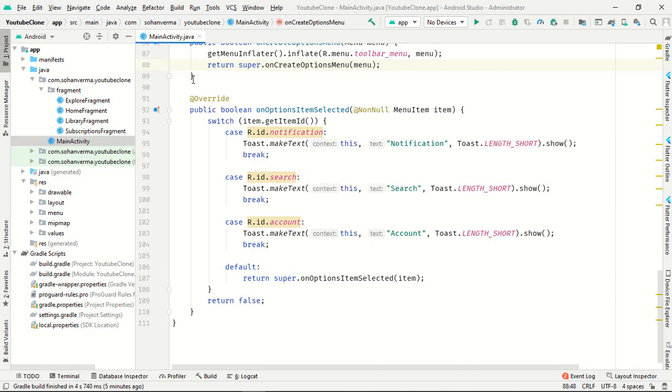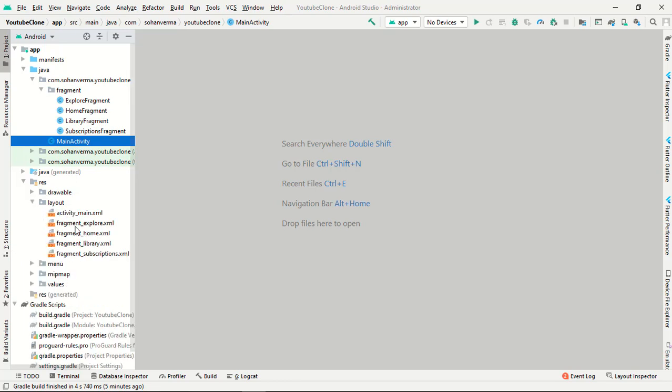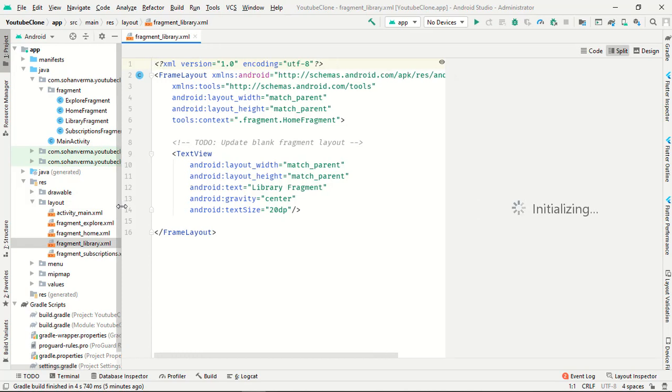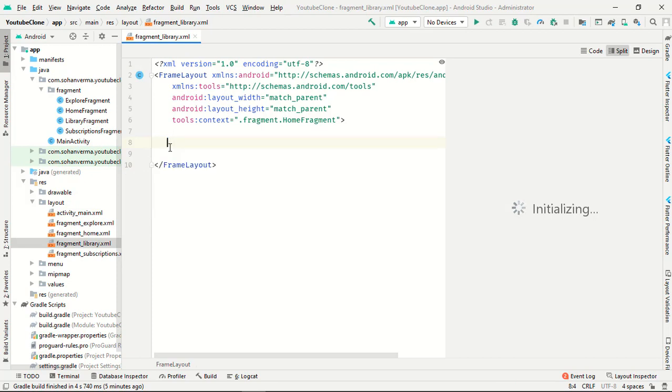Now in the library fragment XML file, in this fragment library, we will create some options like history, your videos, recently watched, watch later, and so on. Okay, so first of all I need to just cut it down, and I want